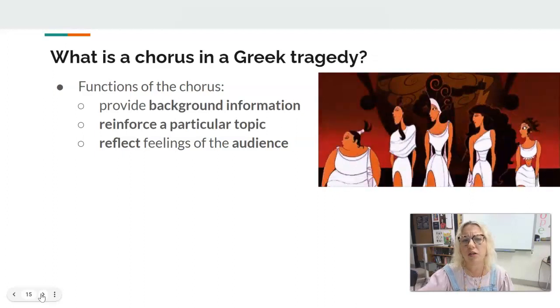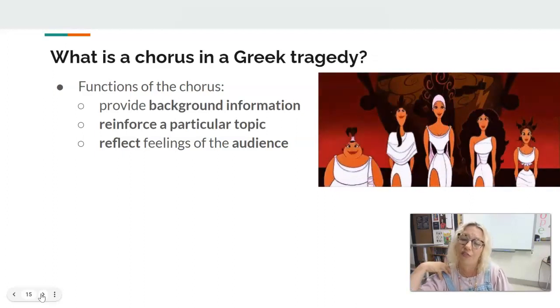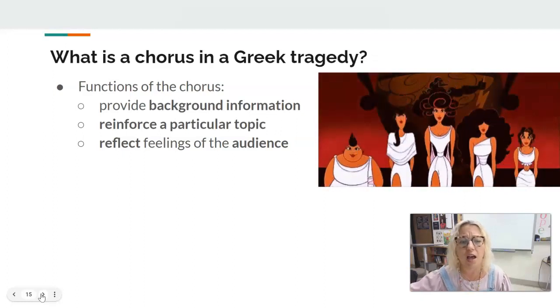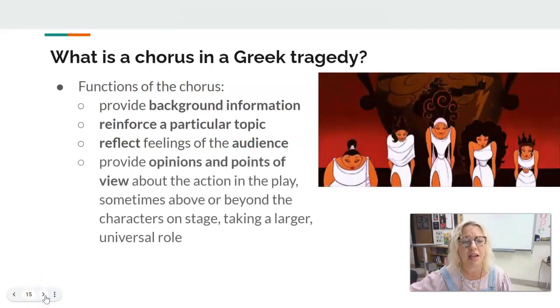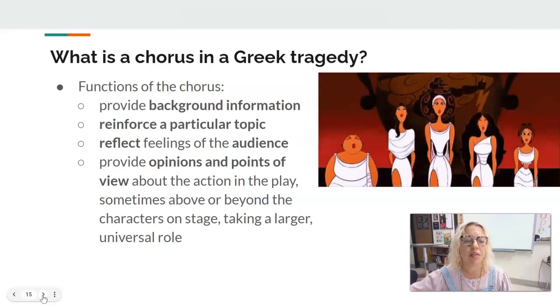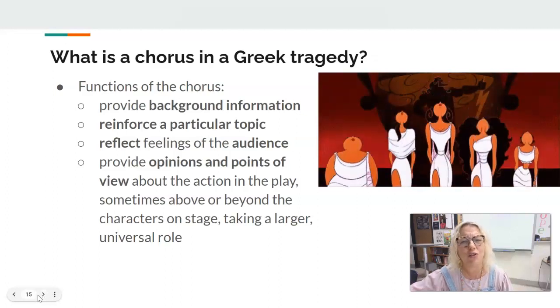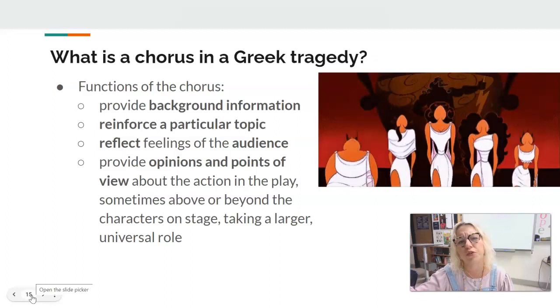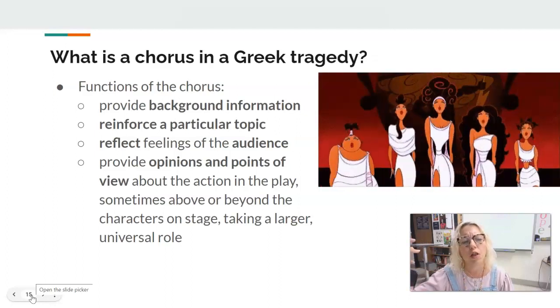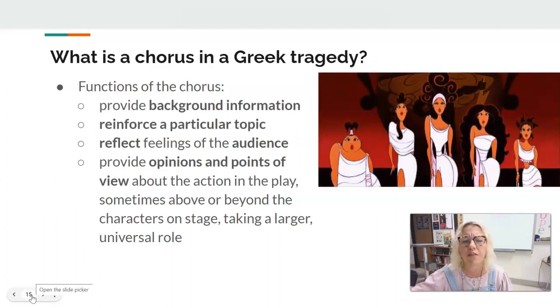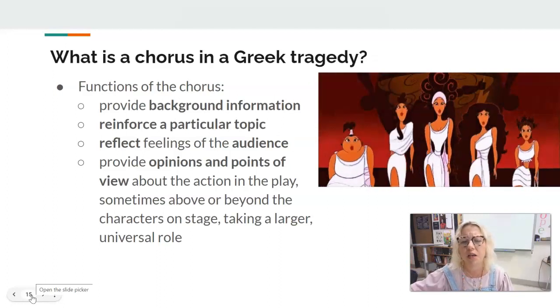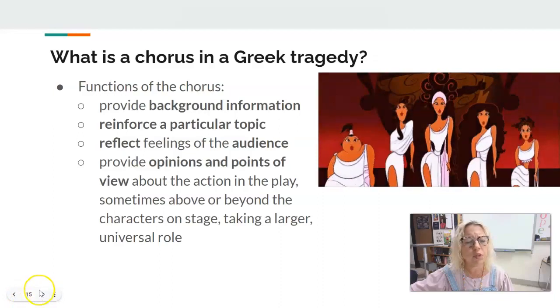Oftentimes, what the chorus says is kind of what you're feeling as an audience member, or maybe what the Athenian audience felt at the time watching the play. And then they also have a larger, kind of universal role, which is sort of above and beyond the characters on stage, and becomes really somewhat